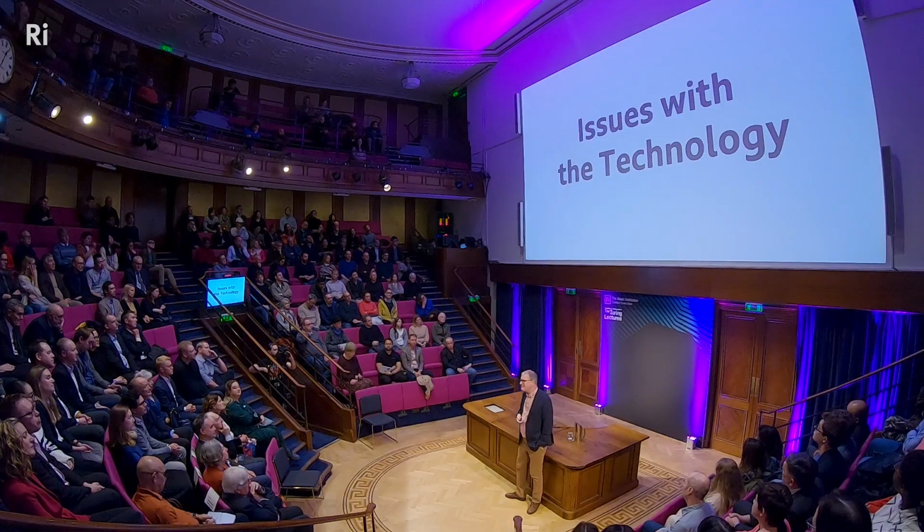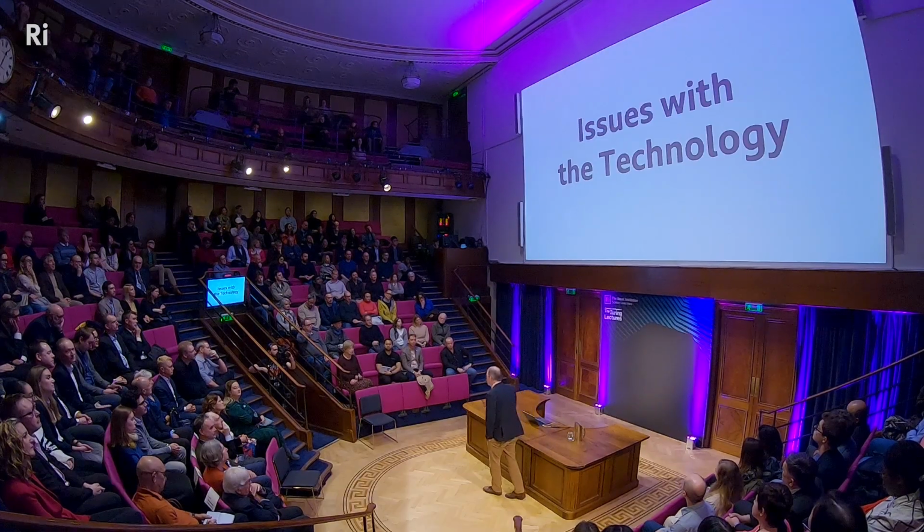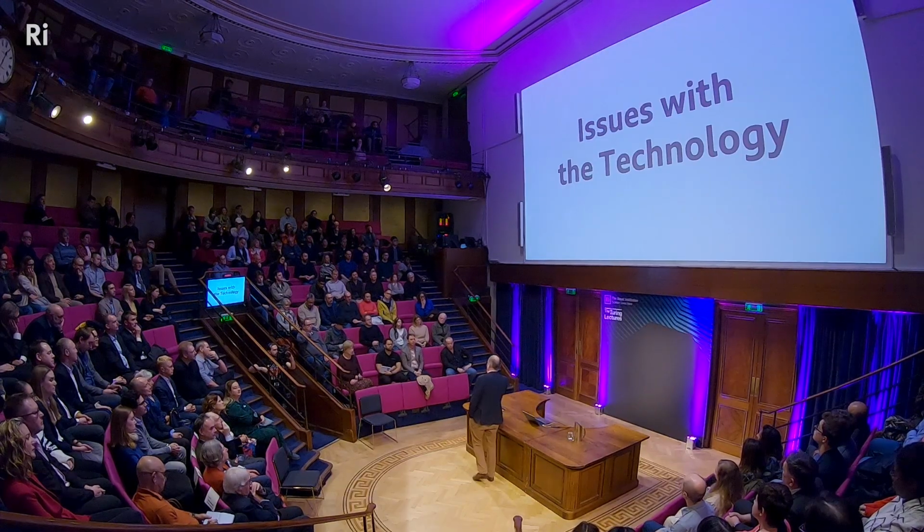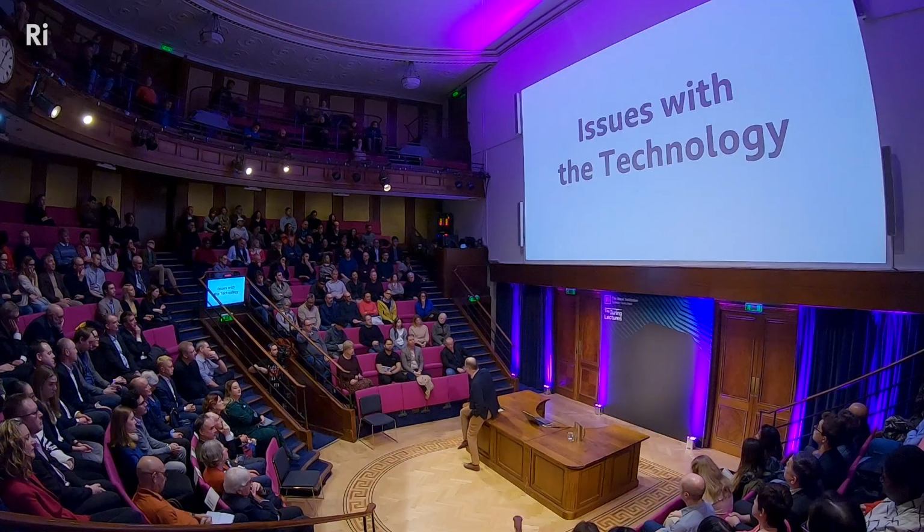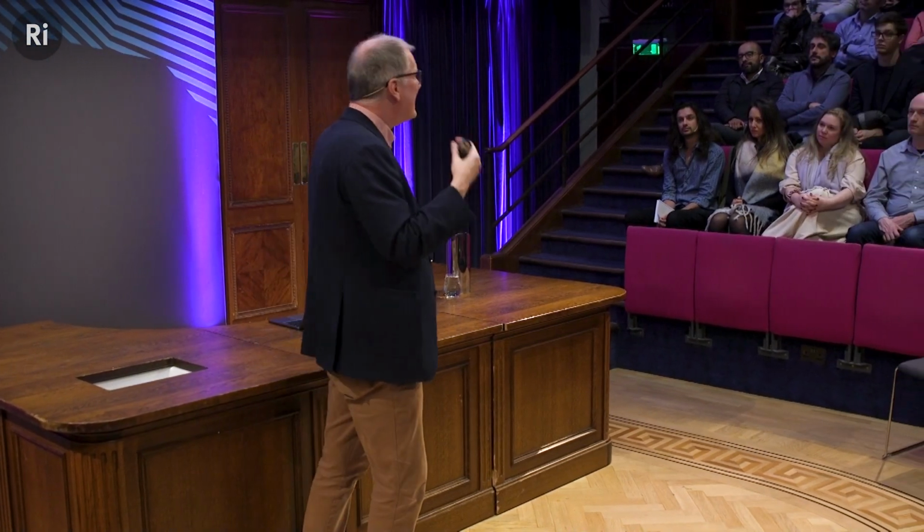So, let's talk about some issues with the technology. Now you understand how the technology works. It's neural network based, in a particular transformer architecture, which is all designed to do that prompt completion stuff. And it's been trained with vast, vast, vast amounts of training data, just in order to try to make its best guess about which words should come next. But because of the scale of it, it's seen so much training data, and the sophistication of this transformer architecture, it's very, very fluent in what it does.